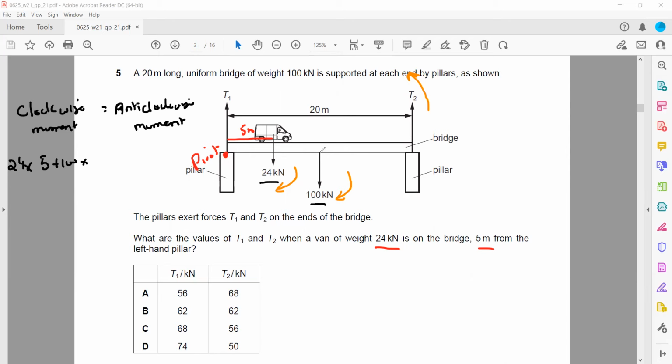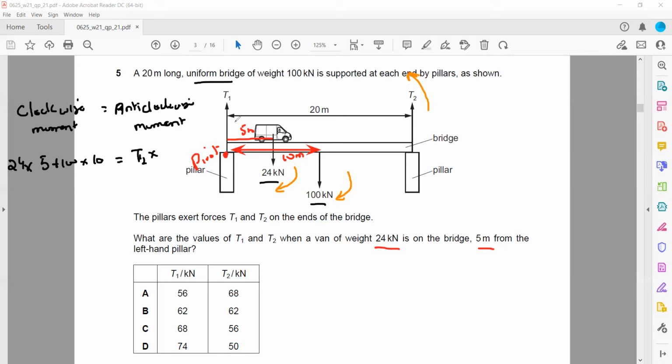So what is the distance? Because it's a uniform bridge, whenever it is uniform, it means the weight is acting at the center. So if it is a 20-meter long bridge, then the distance will be 10 meter. So it will be 100 into 10. So this is the total clockwise moment: 24 into 5 plus 100 into 10, that's the clockwise moment, and the total anti-clockwise moment, that is T2